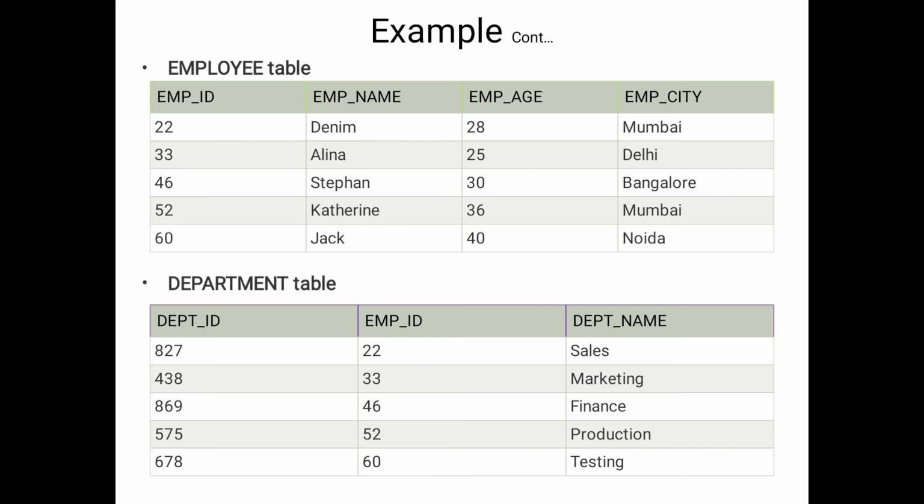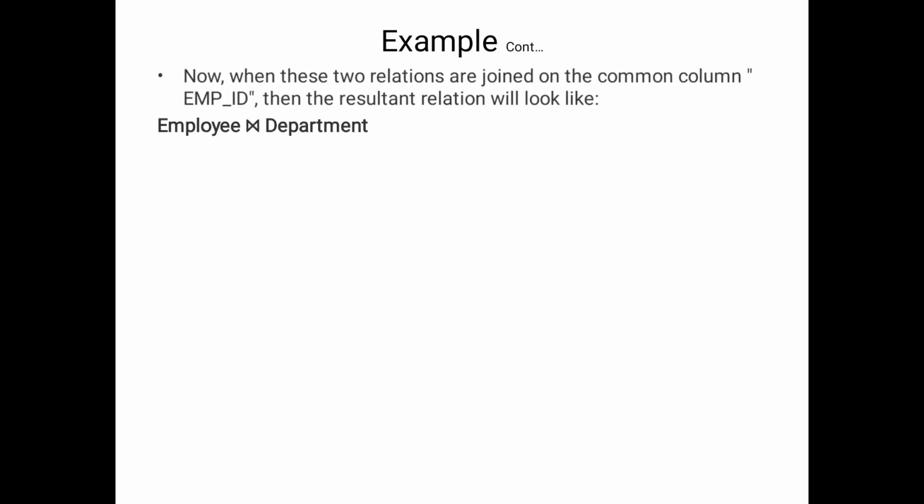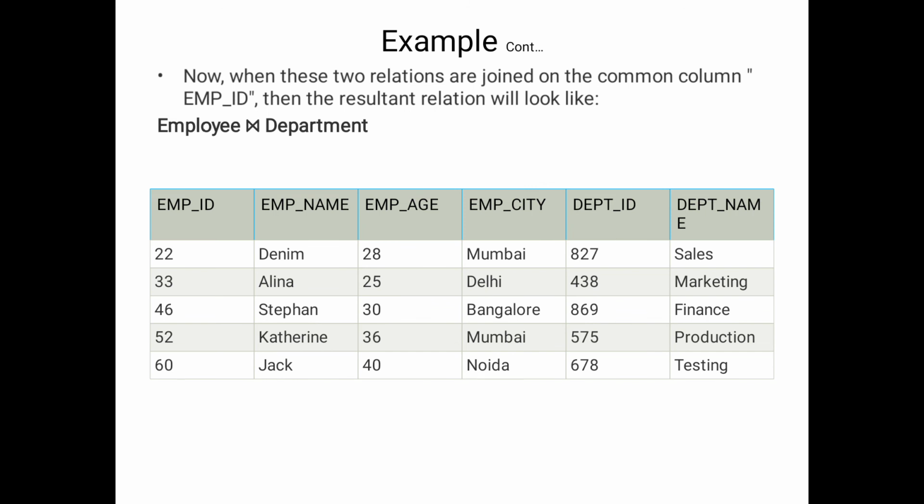Suppose now my aim is to merge, that means to join the employee table and the department table. What information do I receive here? Definitely the original information is received. So hence the decomposition is a lossless join decomposition. Okay, this is the information about lossless.